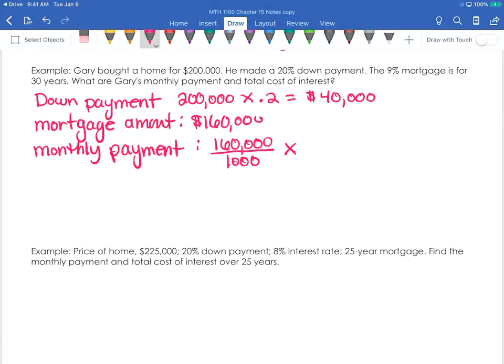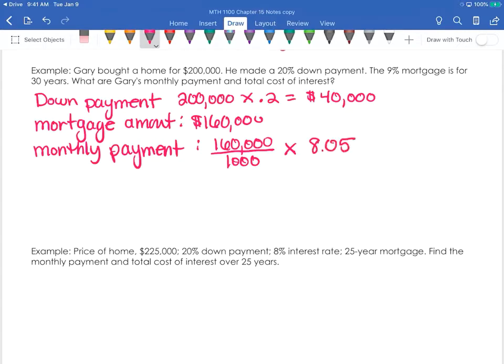Now, when you look at the table, it's going to have across the top the percentage and interest, and then along the left side, it's going to have the number of years for your mortgage amount. In this case, it says the interest is 9%, and the mortgage is for 30 years. So you're going to look at the column that says 9%, and look on the side where it says 30 years, and see what that value is. And the value should say